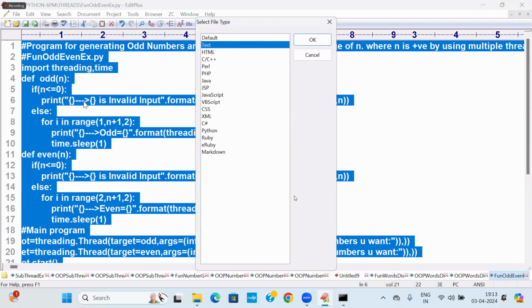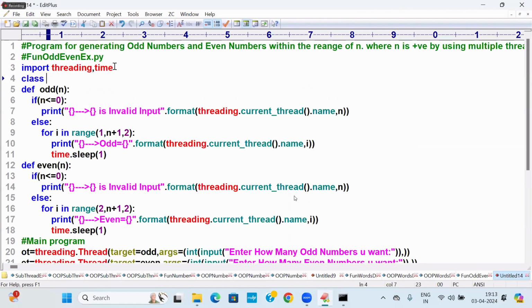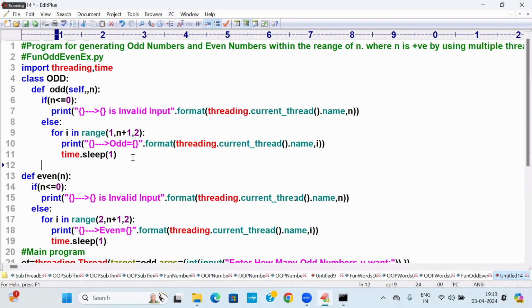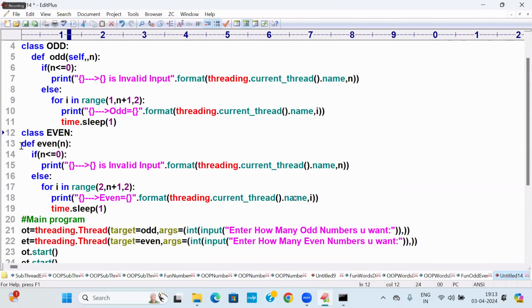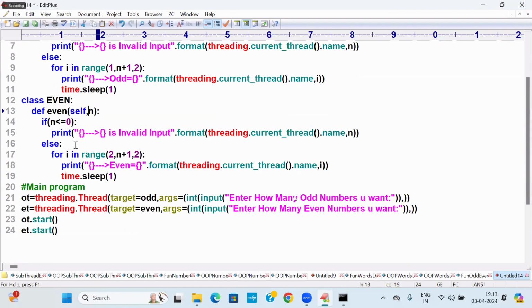Here I'm going to write a class called odd. Self, I need to write self, comma. Here I am going to write another class. If you want, you can take it in the same one only. Even, I am going to write even. Press one tab and take care, and you need to write self over there, right? So now it is going to be,